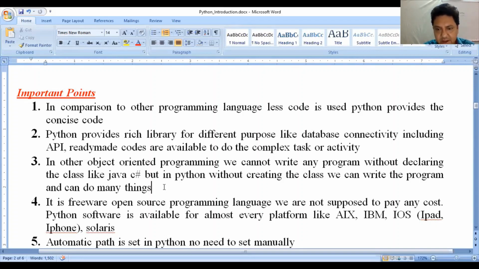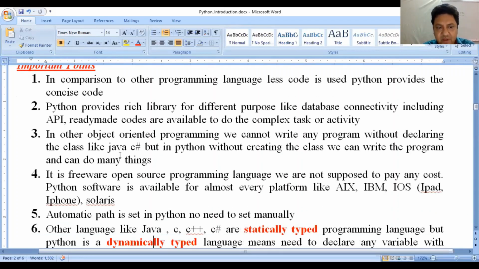This point is already discussed. It is a freeware, open source programming language. We are not supposed to pay any cost. अगर हम पाइथन को डाउनलोड करके यूज करते हैं तो इसके लिए हमें कोई कॉस्ट पे नहीं करनी है. Okay, the Python software is available for almost every platform like AIX, IBM, iOS, iPad and Solaris. किसी भी प्लेटफॉर्म और ऑपरेटिंग सिस्टम के लिए हमारे पास पाइथन के वर्जन्स अवेलेबल हैं. Okay,